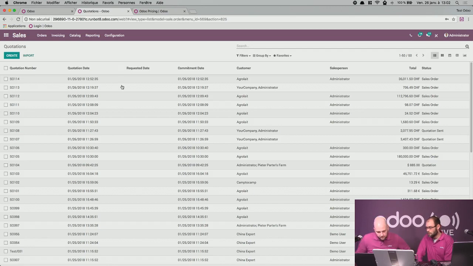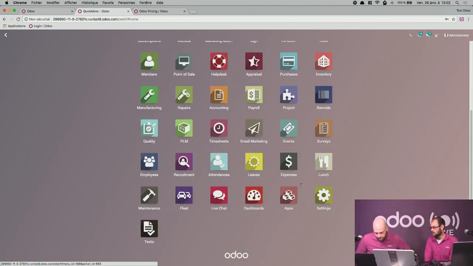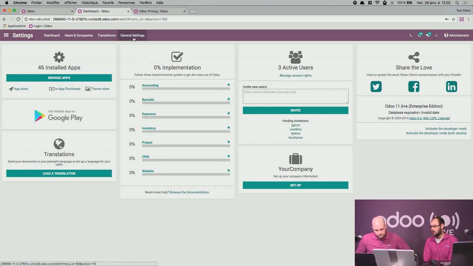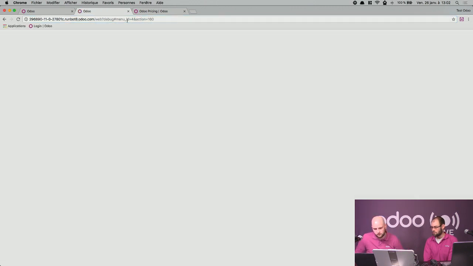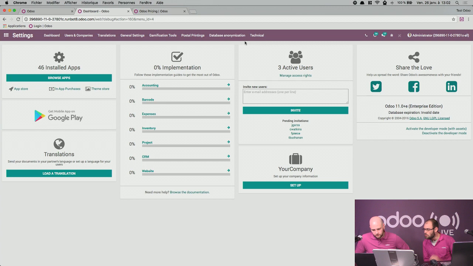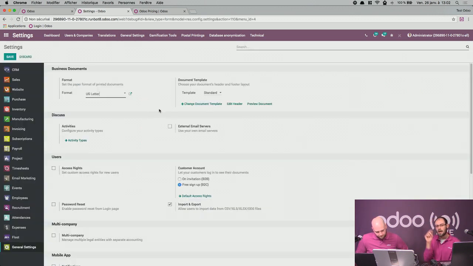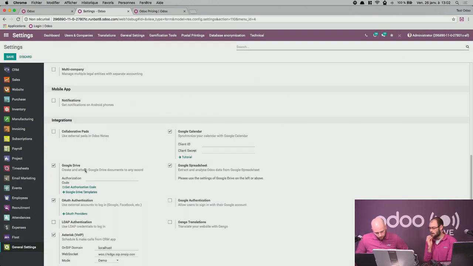I think we should go to the general settings, where all the integration options with Google are displayed. Okay. You go into the inbox. We're going to have all those options, which won't be necessary in that case, but let's go to the general settings. Yes. Right. And over there, if you scroll down to the bottom, you'll find all the integrations. As I said, we have Google Calendar, Google Drive, and Google Spreadsheet, which is a kind of advanced feature